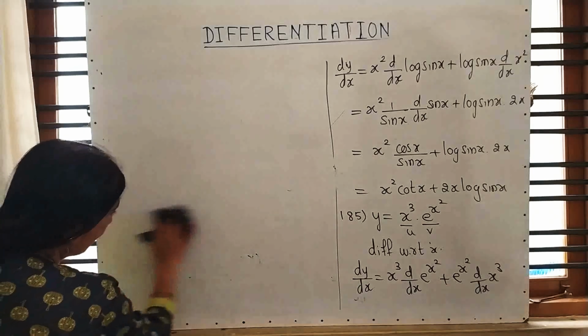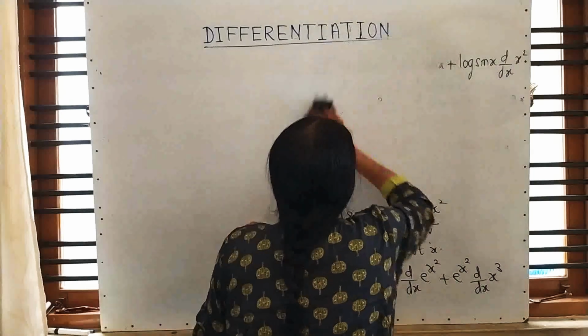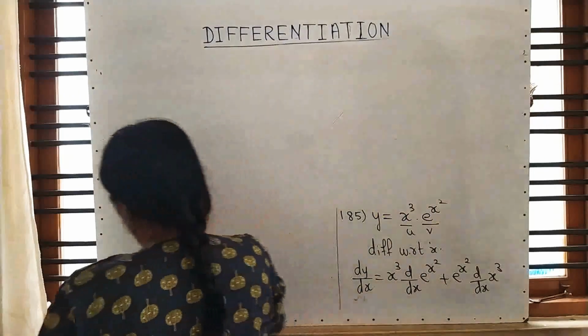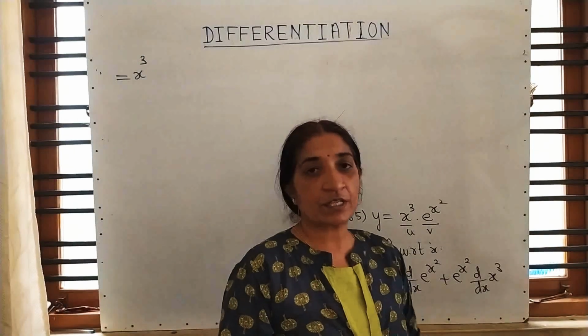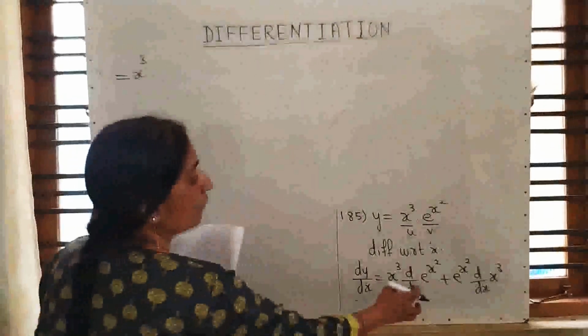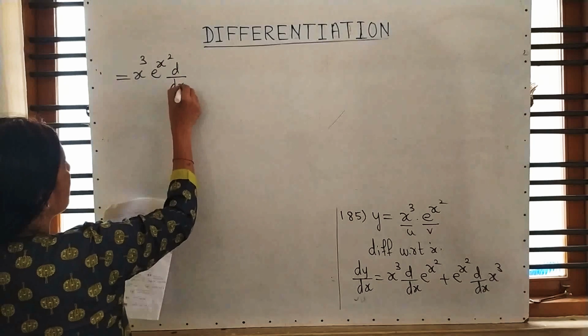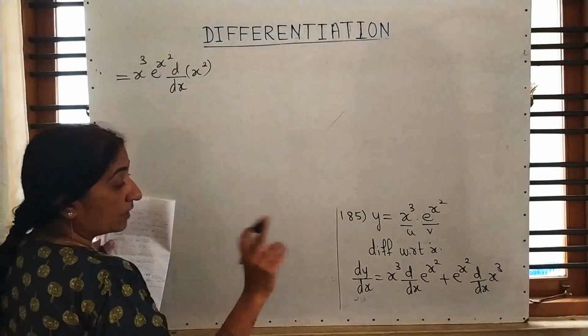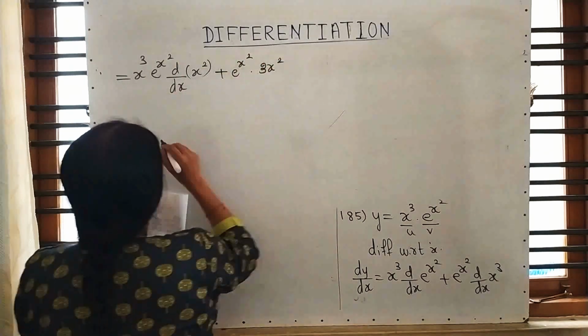If you are able to identify which formula is applicable, half of the problems are solved there only. And now you are familiar with all the formulas, trigonometric formulas, basic formulas. So x cube as it is. Tell me, what is the differentiation of e raised to x? Differentiation of e raised to x is e raised to x or what? Here it is in the form of e raised to x, so this is nothing but e raised to x square into differentiation of x square, because it is other than x. And differentiation of x cube is 3x square.